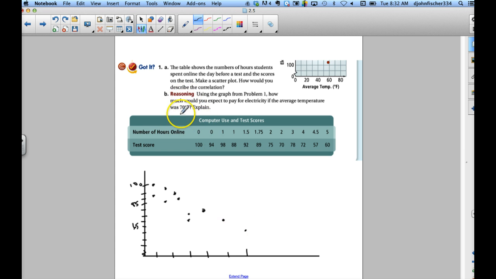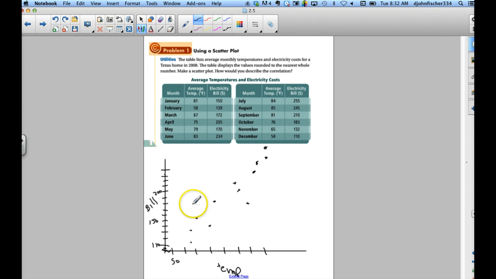Now it says here, part B, reasoning. Use the graph from problem 1. How much would you expect to pay for electricity if the average temperature was 70? So if I go back to my graph, I'm just going to go back to this page here. If it was 70 degrees, 60, 65, 70, and I go up, my line would be somewhere in here, and I go over probably about 70 degrees, I'm going to be paying,